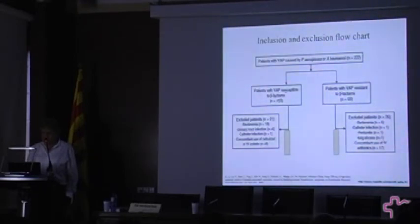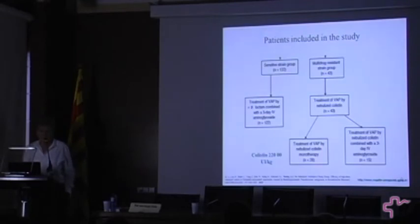There were 153 VAP caused by sensitive Pseudomonas aeruginosa or Acinetobacter, and 69 caused by multidrug resistant Pseudomonas or Acinetobacter. In fact, in these patients, we do not have any other option than intravenous colistin. Some patients were excluded for various reasons in each group. So finally, we compare patients infected with sensitive Pseudomonas aeruginosa, treated by a combination of adapted antibiotics, to 43 patients